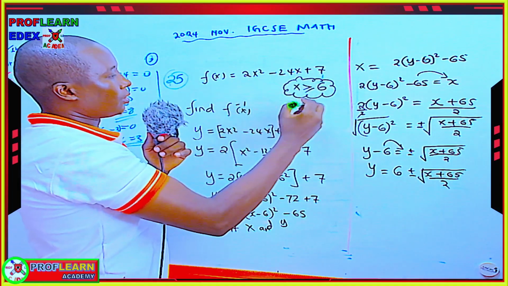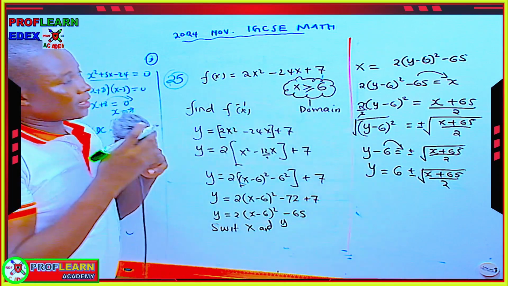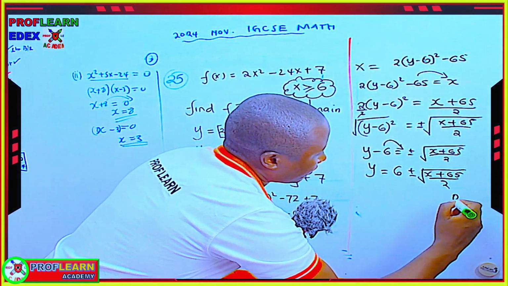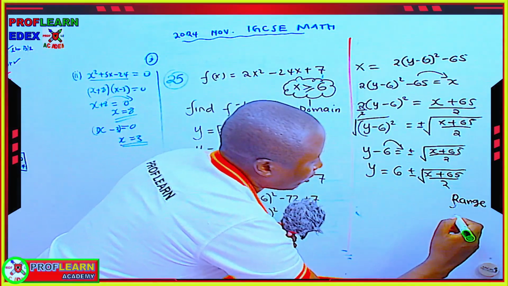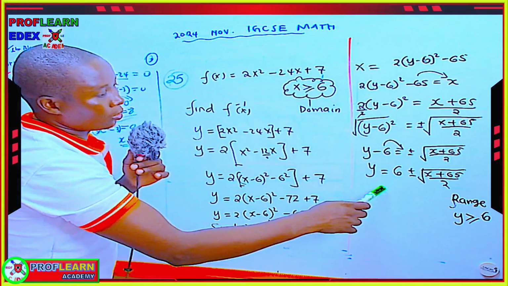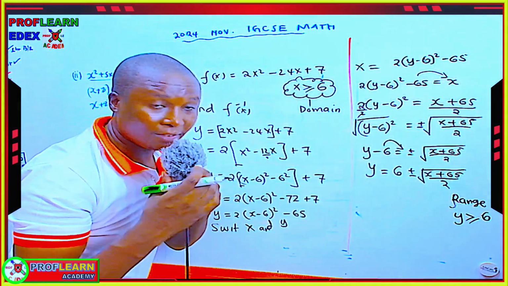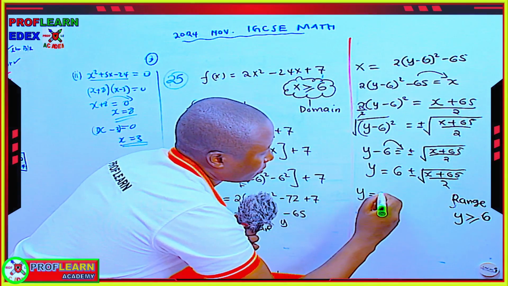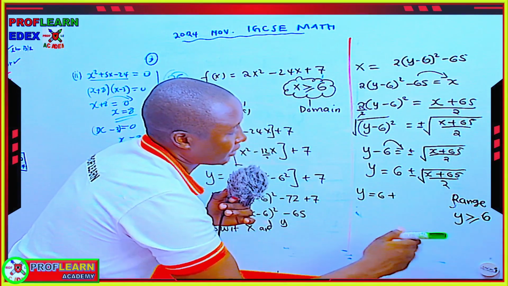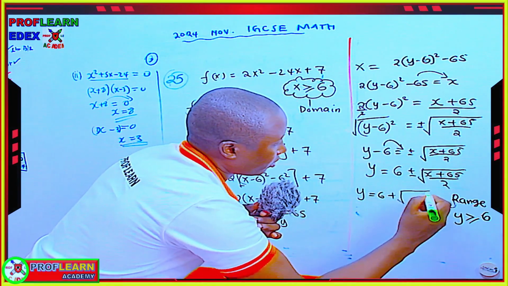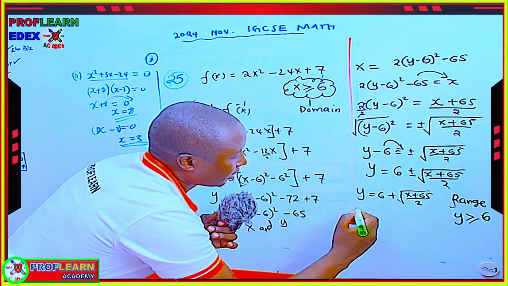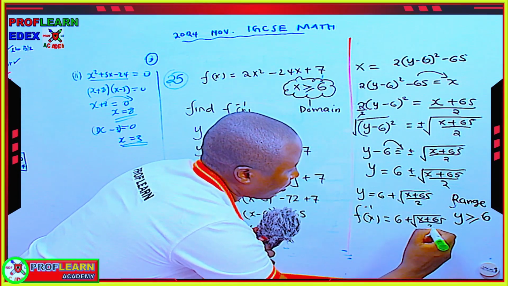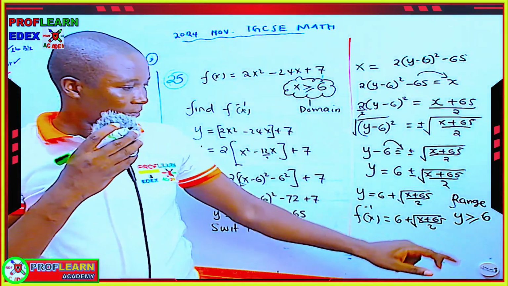Whatever we have here is called the domain. The domain of the function becomes the range of the inverse function. So our range of the inverse is going to be y greater than or equal to 6. Which will mean that we cannot have two signs whenever you are finding the inverse, because a function must be one-to-one for it to have an inverse function. So y is going to be 6 plus, because y is greater than 6, so we take a positive sign, square root of x plus 65 over 2. So basically, f inverse of x is going to be 6 plus square root of x plus 65 over 2. And the range for that inverse is going to be